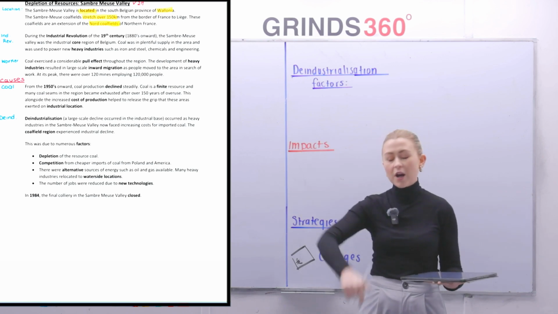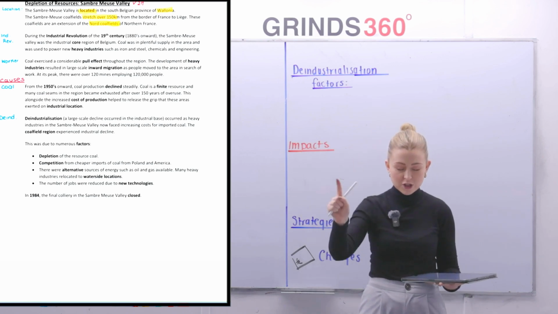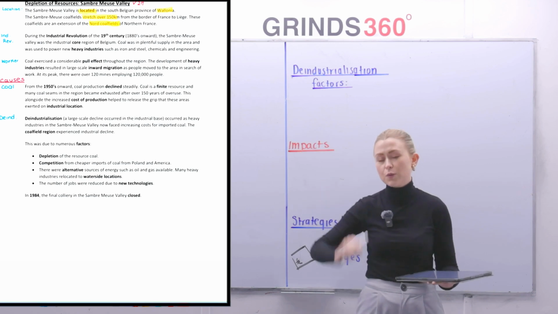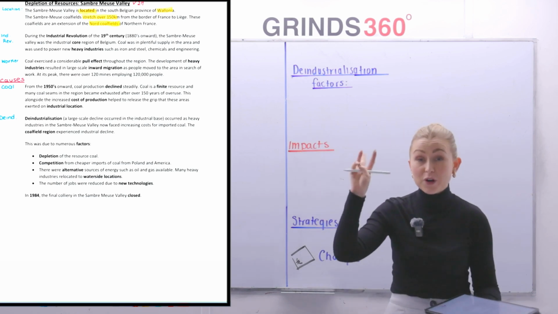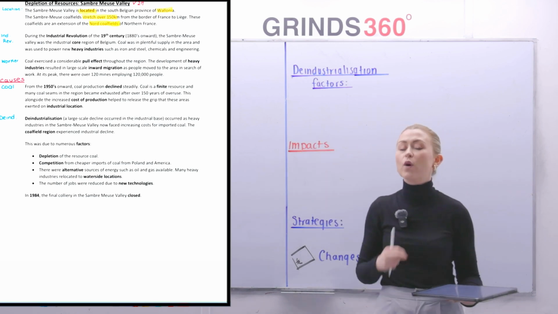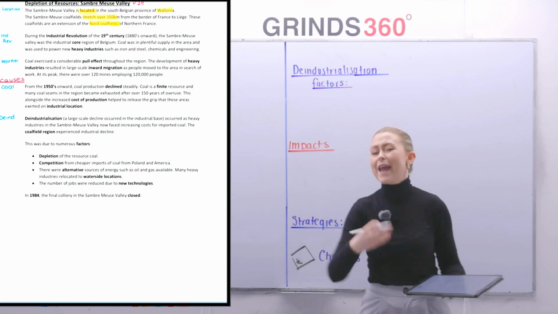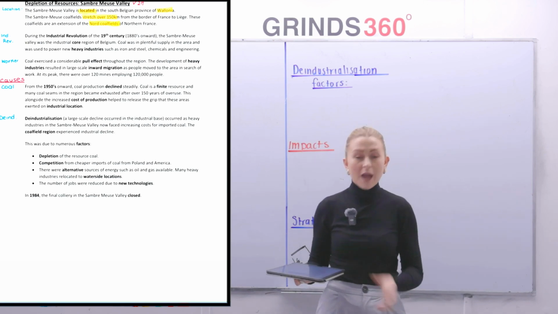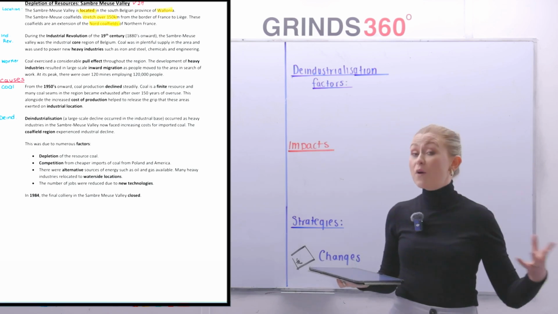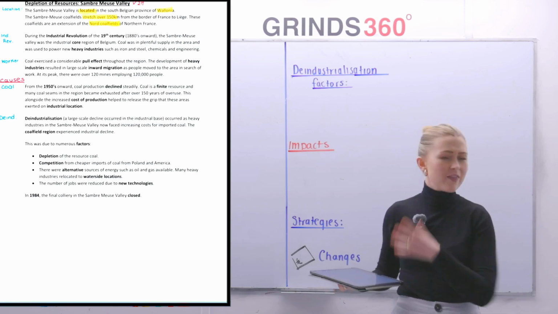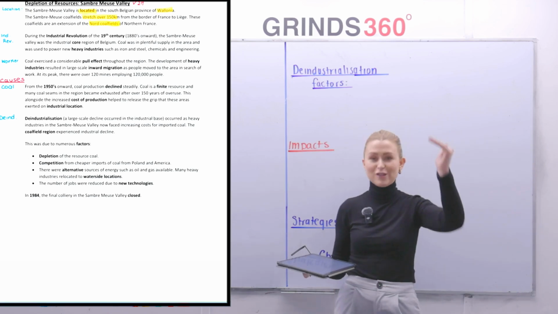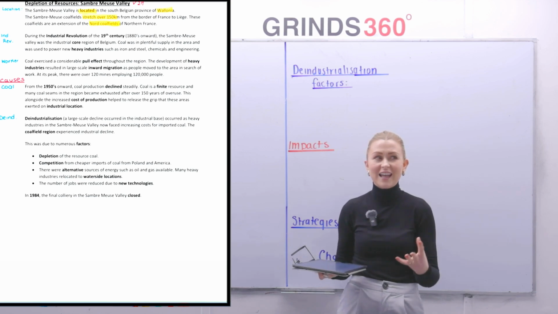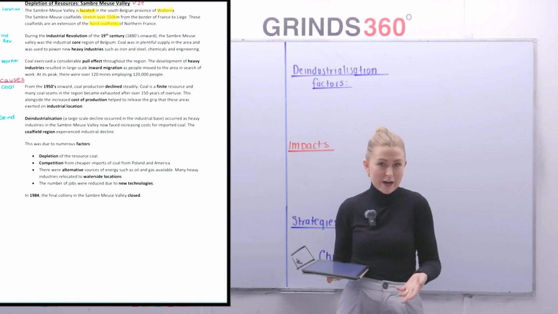3 things there to remember. Number 1, Wallonia, southern Belgium. Number 2, stretches 150 kilometres. And number 3, extension of the North Coalfields. Our next paragraph is going to discuss the Industrial Revolution. It was during the Industrial Revolution where Wallonia, southern Belgium, and the Sambre-Meuse Valley kind of took off as such. It's the time when basically they became a very prosperous area.